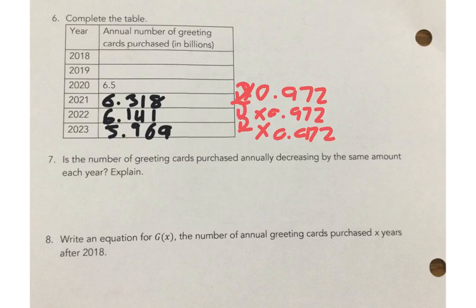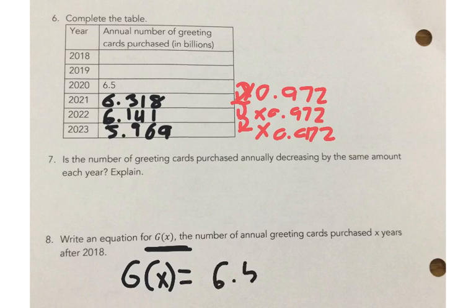So if we wanted to, we'd have to use that last formula. I'm sure they're going to ask me that in just a second, right here. So let's just go ahead and do 8. It would be g of x equals, what's my a sub 1? I don't really know, but I know a sub k. A sub k is 6.5